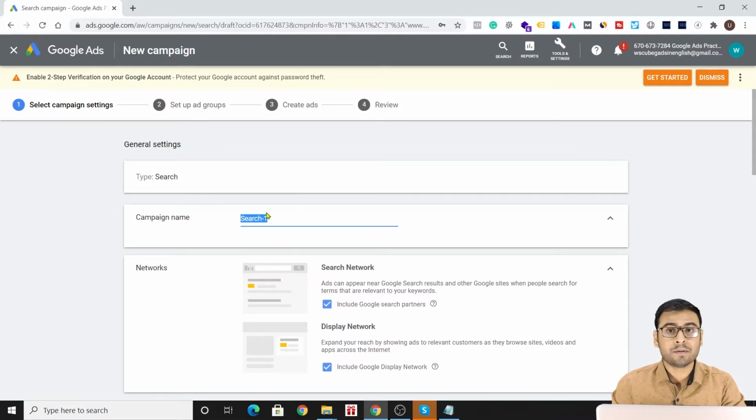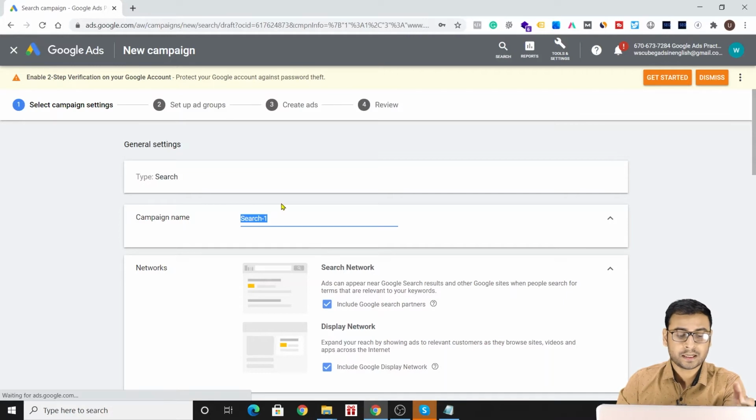When you will be running many campaigns in future, this will become a very important thing, because there will be so many campaigns, ad groups and ads. If you don't give them proper names, you won't be able to recognize them. So it is recommended to give it a proper name and define a template, like what kind of ad it is. Suppose it is a search campaign, you can write search, and then your audience, whatever you are targeting.